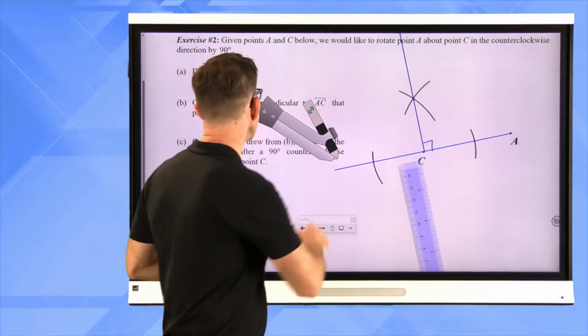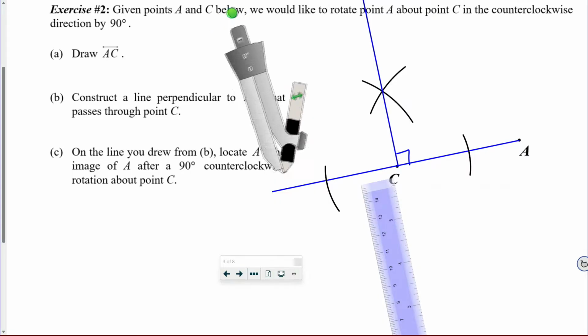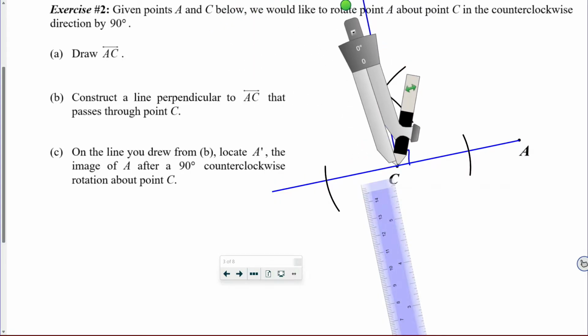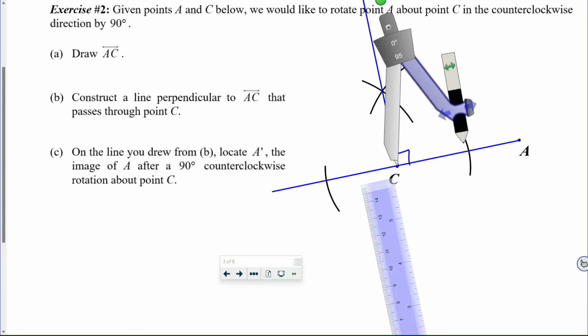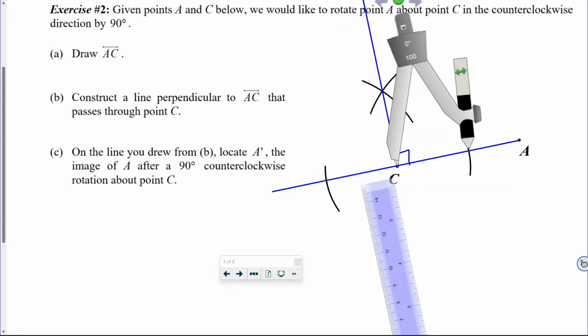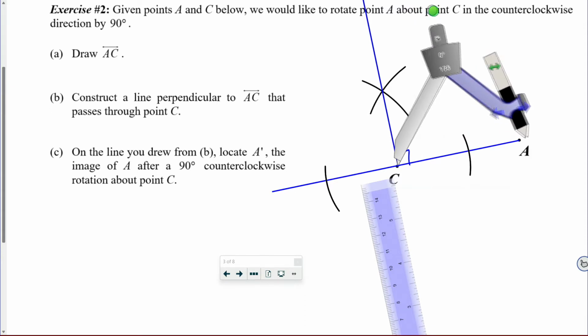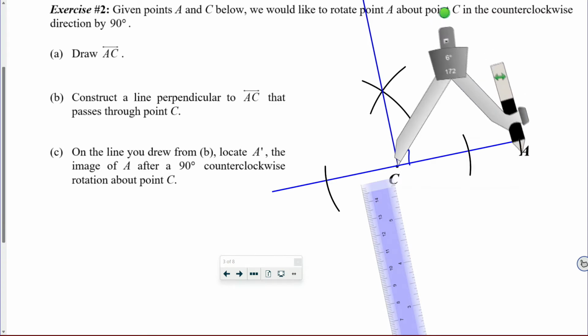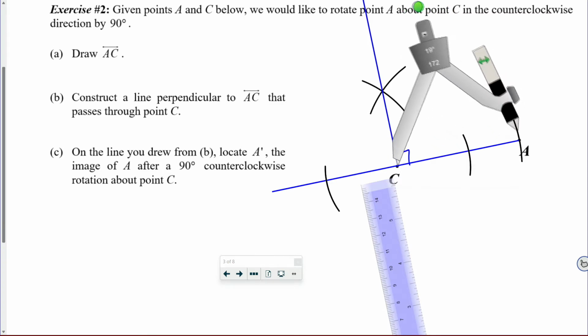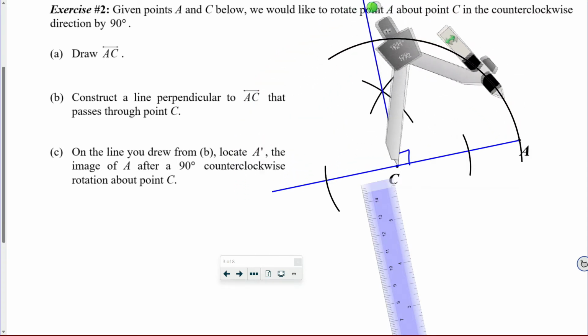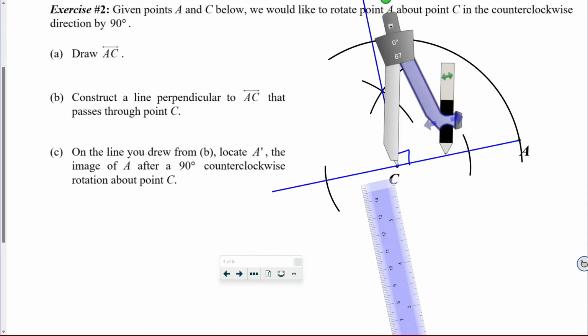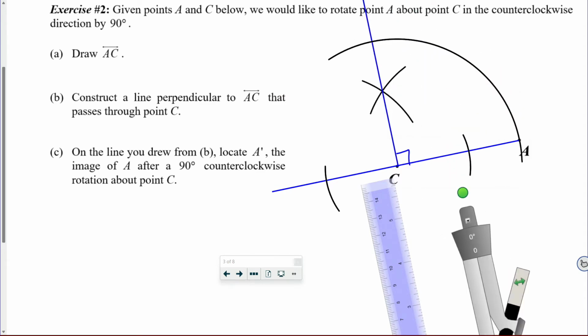That's easy now, right? Because what I'm going to do is put my compass point at C. I'm going to move the compass out so that it's got a radius of CA. I'm going to come close there. That's pretty good. I'm going to mark that. And if you really wanted to, you could just do it all the way like this. At least in this particular construction, since there's not too much going on,